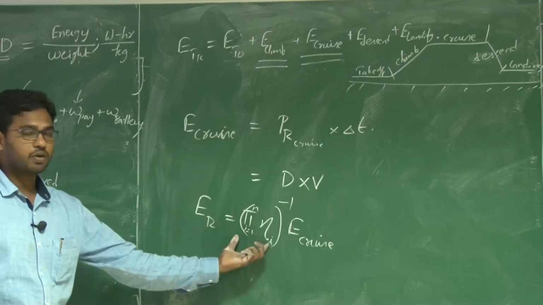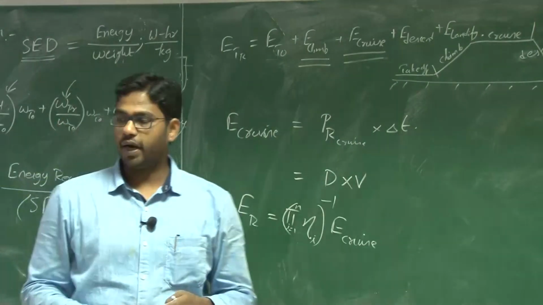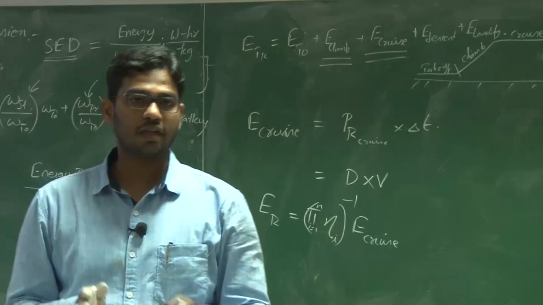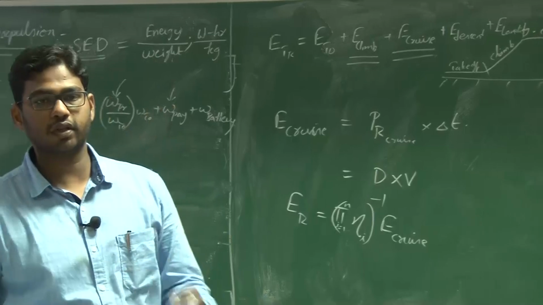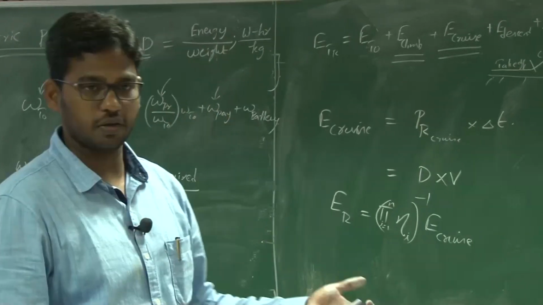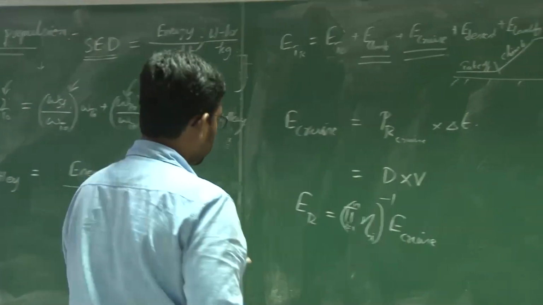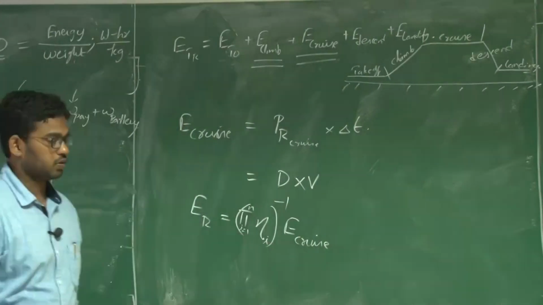So if you do this, then you will be able to estimate the actual energy required. This may also include that the battery cannot discharge 100%, right? There is a limit for discharge. That limit can also be included, as well as the losses when you connect this battery to a particular power plant, right? Those losses can also be included here.